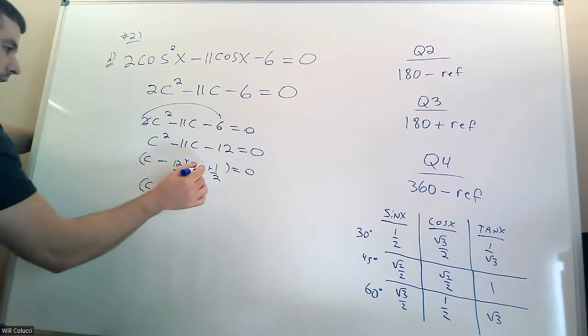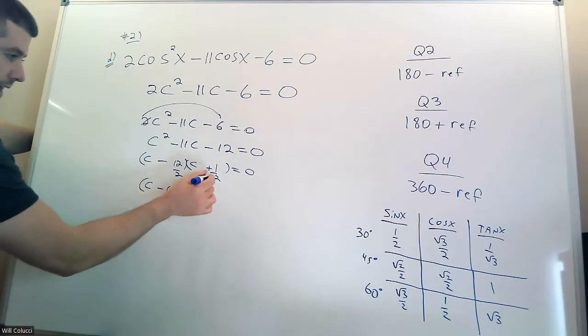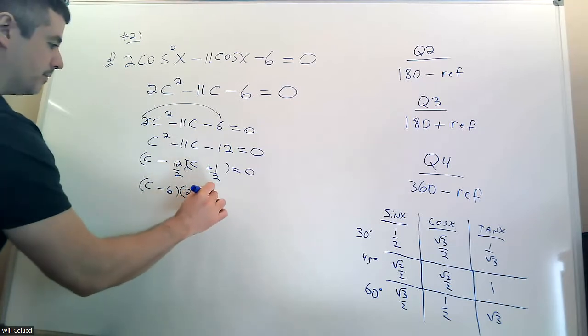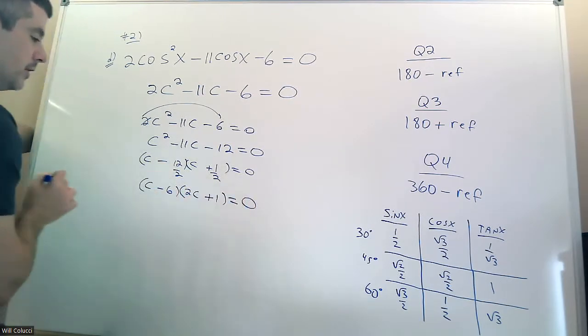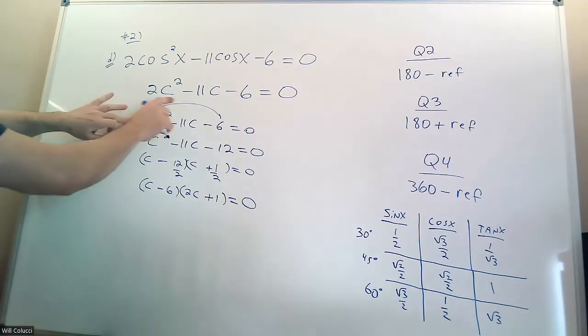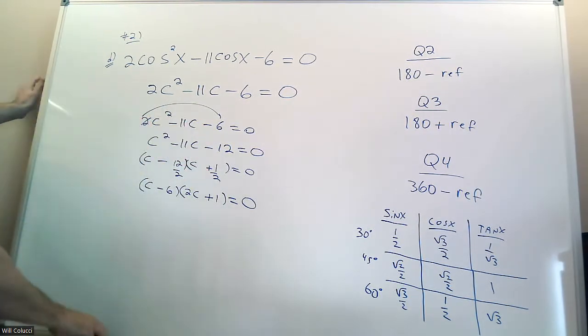So you can just put c minus 6. Here it doesn't divide at all. So the only thing you have to do is, you can't leave it like that. You put the 2 up in the front. You actually can leave it like that, but this is the proper way to factor it. Okay. So multiply the last number by the first number, factor it, divide out what you multiplied by, and then